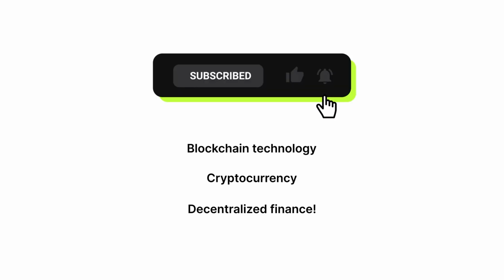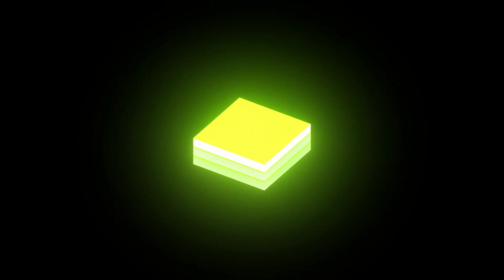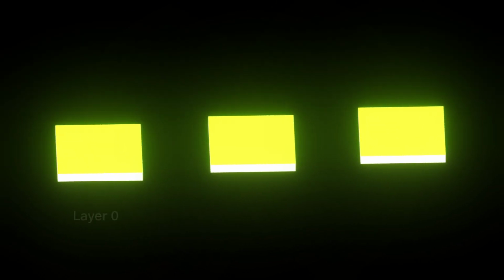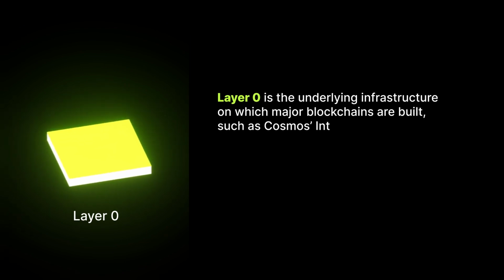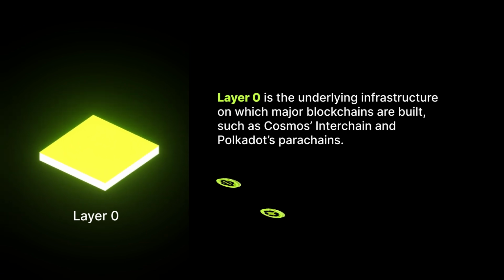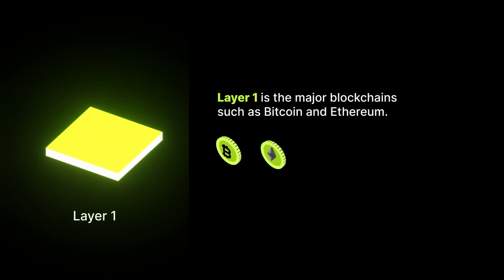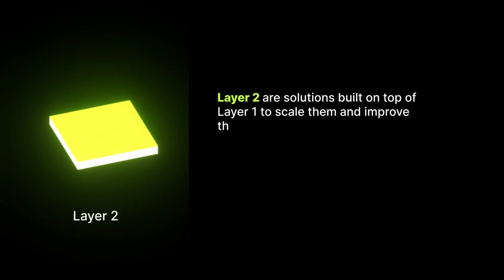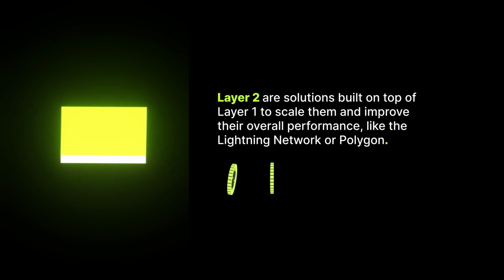Now that we've covered blockchains in general, let's get into the different types of blockchain layers. There are 3 key blockchain layers: Layer 0, Layer 1, and Layer 2. Layer 0 is the underlying infrastructure on which major blockchains are built, such as Cosmos's Interchain and Polkadot's Parachains. Layer 1 is the major blockchains, such as Bitcoin and Ethereum. Layer 2 are solutions built on top of Layer 1 to scale them and improve their overall performance, like the